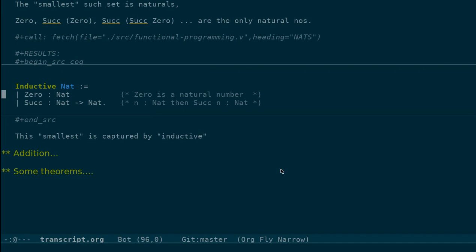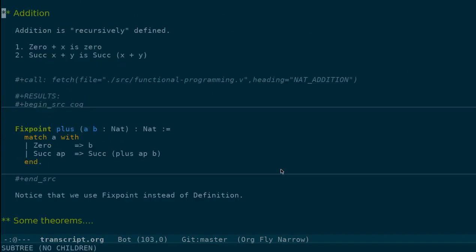Since nat is also inductively defined, we can define functions by doing pattern matching, just like in the case of Boolean, except that now we have to be slightly careful in the sense that we have to look at the recursive nature of nat. Okay, so let's look at addition, which is the simplest non-trivial function that you can think of. So how is addition defined on nat? It is defined by two rules, right?